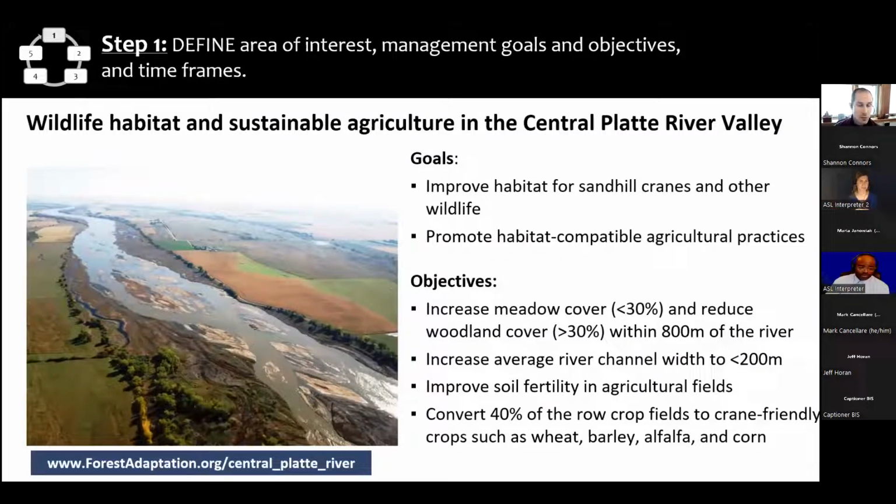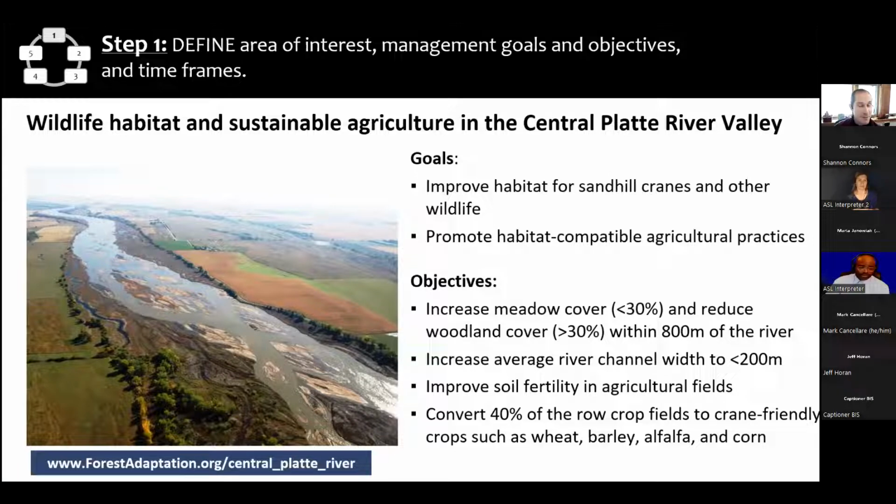Just to show, I think I'll stop with one example to show how we've used this menu with a real world project. So we had a great group from Nebraska come to one of our workshops. They were looking at wildlife habitat and sustainable agriculture along the Central Platte River. They had a 12-mile river corridor that was identified as a focal habitat area for migratory waterfowl, including sandhill cranes, and other wildlife.